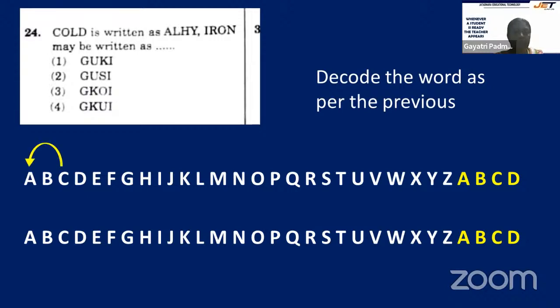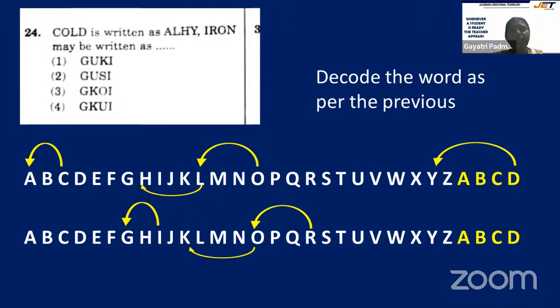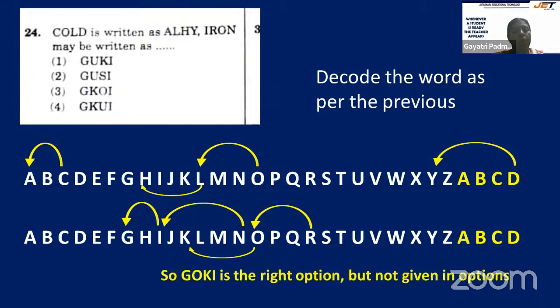C is being written as A. Okay. Next. So similarly, I can be written as G. Okay. Next, we have O can be written as L. Similarly, R can be written as O. Next, L can be written as H. O can be written as K. Right? Next, D can be written as Y. So similarly, N can be written as J. Therefore, GOKI, okay, is the right option. So that should be the correct option, but in the options it is not given. So the rest of the answers